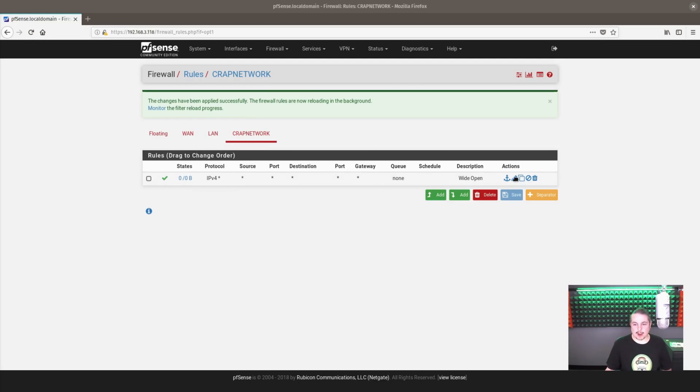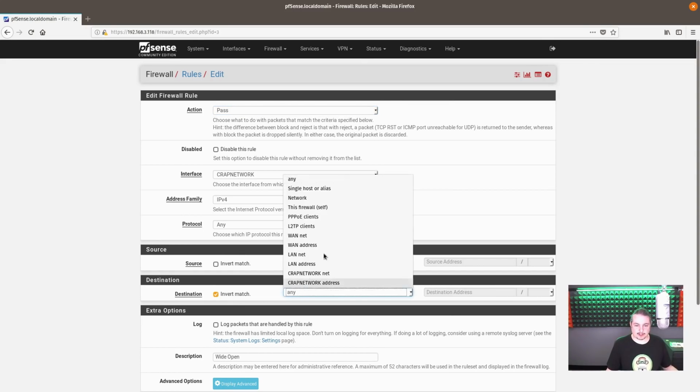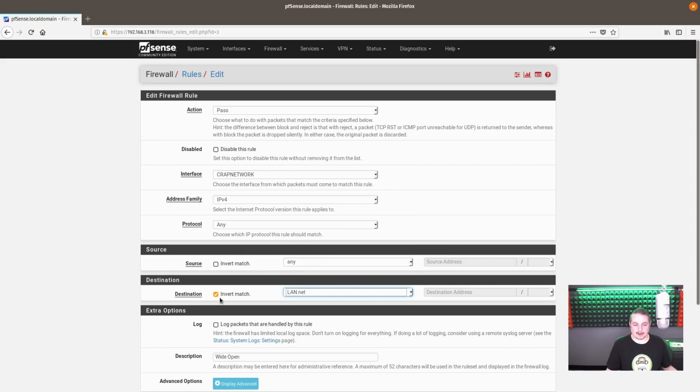And like I said, this is a wide open rule. So we're going to go ahead and edit this rule. Now, this is a really simple way to match this. We're going to say LAN net, invert match. So what we're doing here, by adding this piece here,